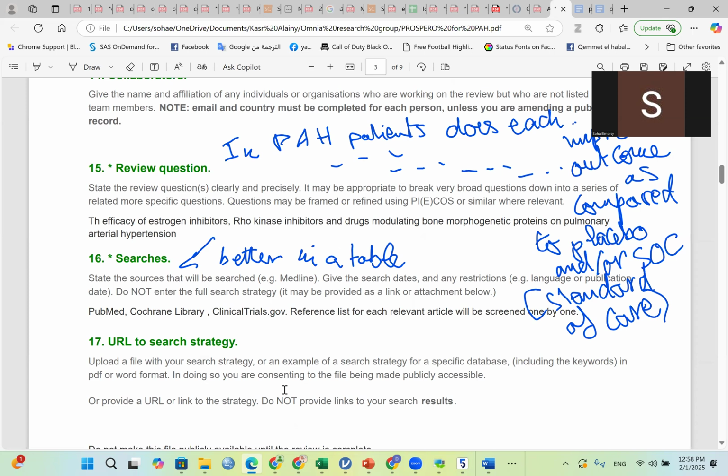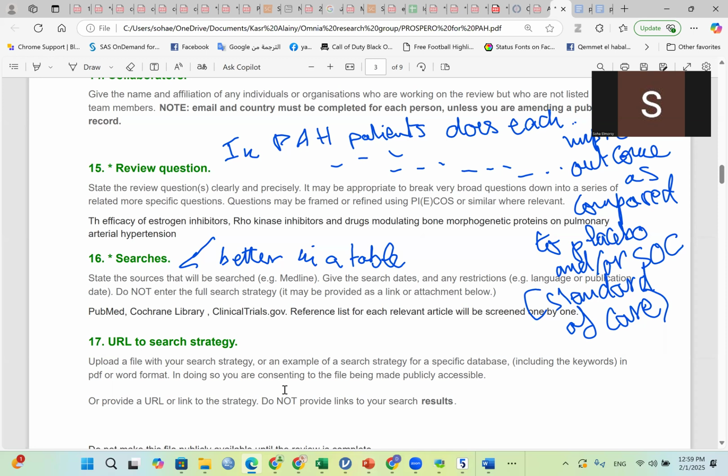recap on number 15 because this is the most important item you need to define, and it needs to be written in a very meticulous way because this actually defines the question of your review. And for that, for reviews about intervention, we use a PICO format. In a PICO format, if you want to construct a question, it's a very good idea to